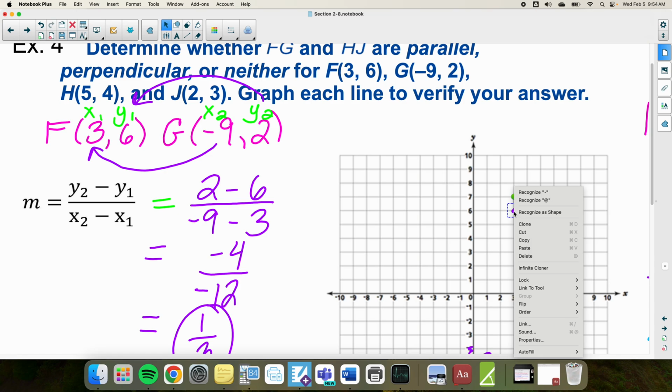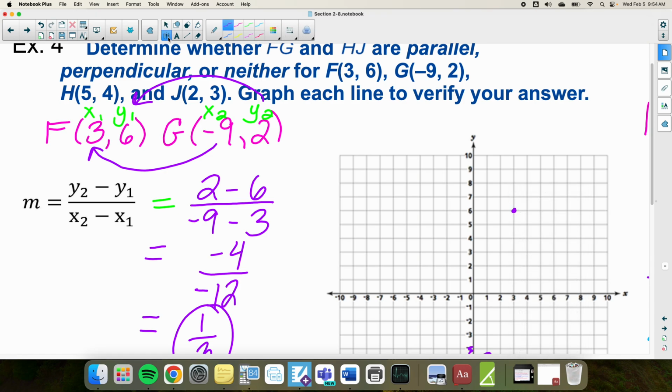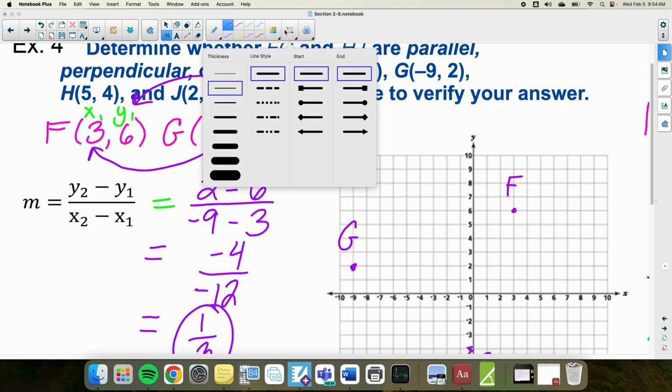That is my F, okay? And then I'm going to plot negative 9 up 2. That is my G. And honestly with these, using a ruler helps a lot, because if you don't, what happens is that you're going to end up,